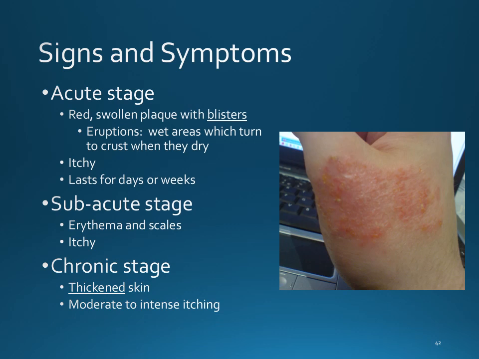For those who have chronic eczema, you can get areas of thickened skin that will remain that way, and you can still have itching with that. That thickened skin is the reason you want them to stop scratching as soon as possible, okay? Because it's going to turn into a thickened area of skin if you just keep scratching.